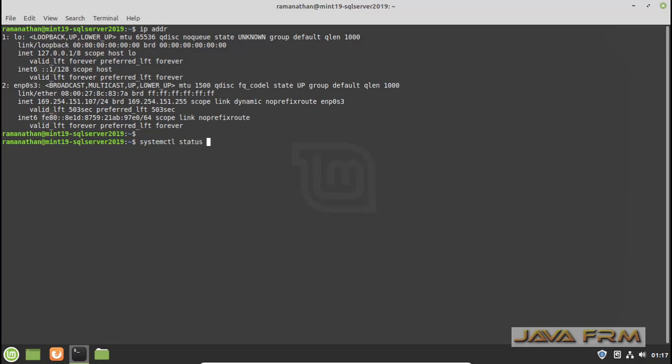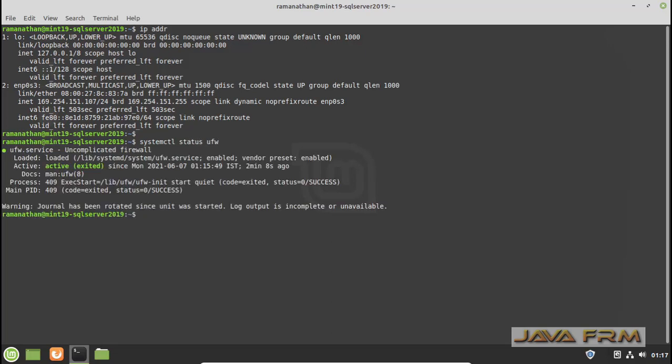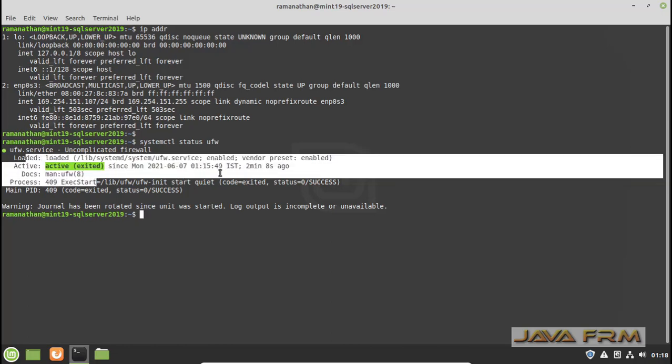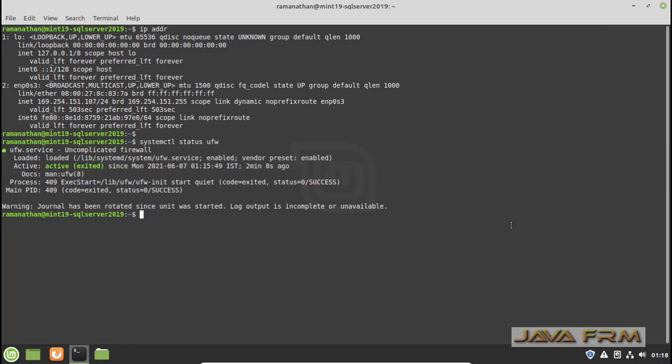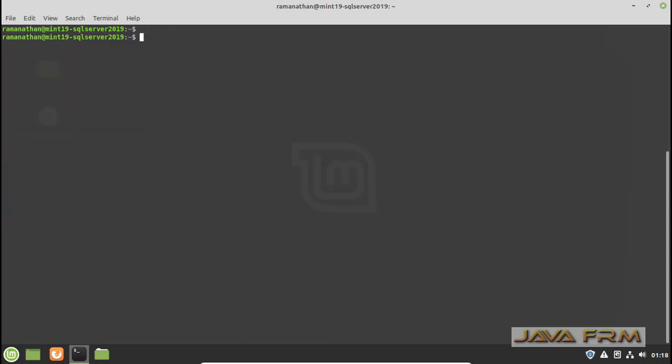Okay. Now I am checking the firewall status. systemctl status ufw will give you the firewall status. So the firewall is up and running. So now I am going to unblock SQL Server 2019 in the firewall. So switch to the root user.